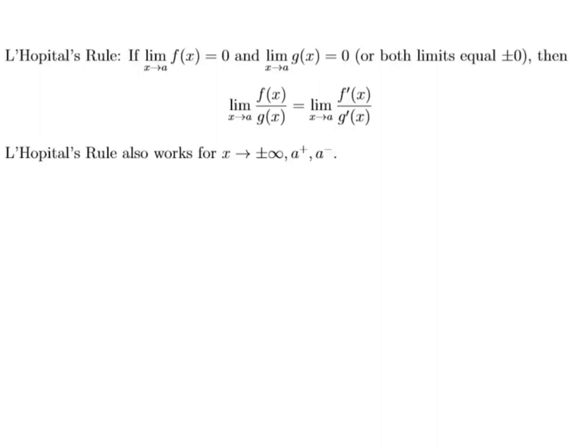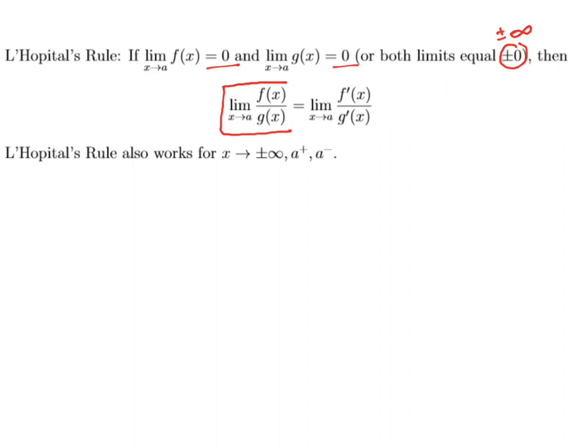It says if the limit as x goes to a for a function f of x is equal to 0, and the limit as x goes to a for a different function g of x equals 0. So if both limits equal 0, or if both limits equal, I have a typo here, this should say plus or minus infinity. So if both limits equal 0 or both limits equal infinity, so what we can do is